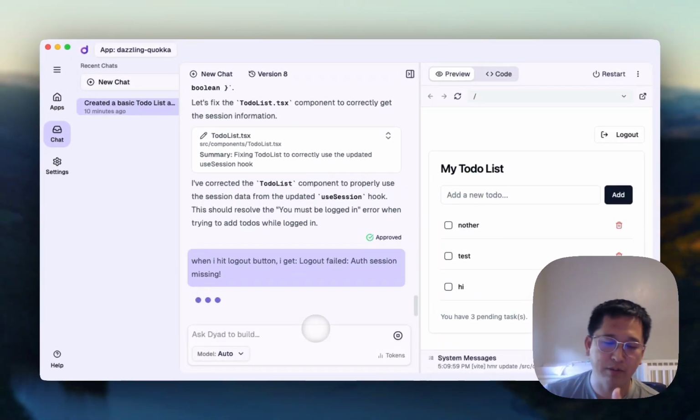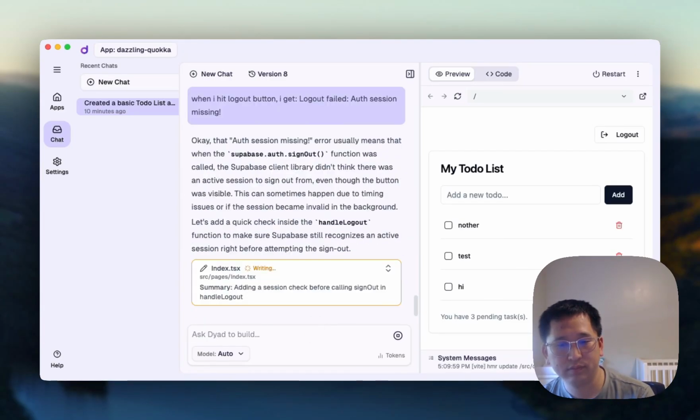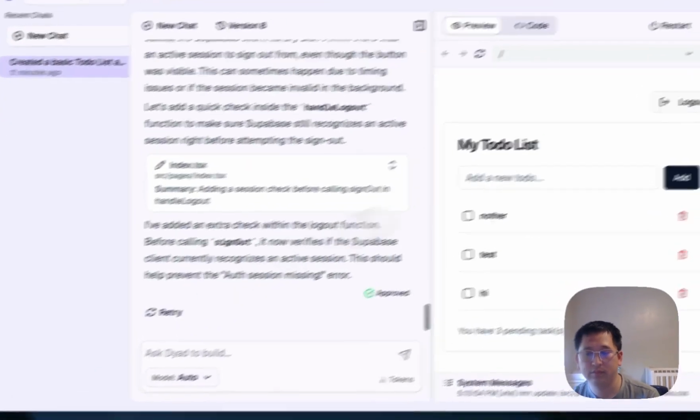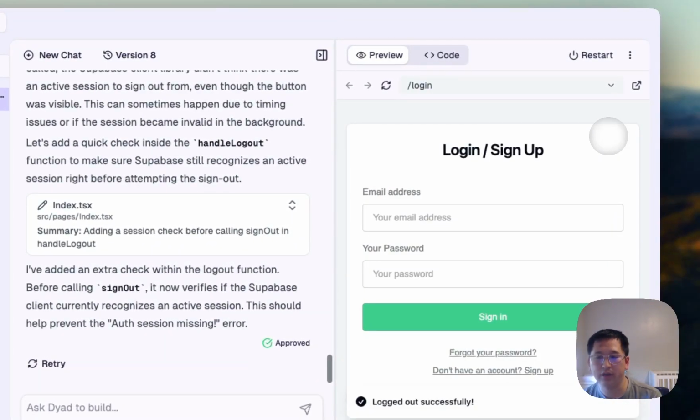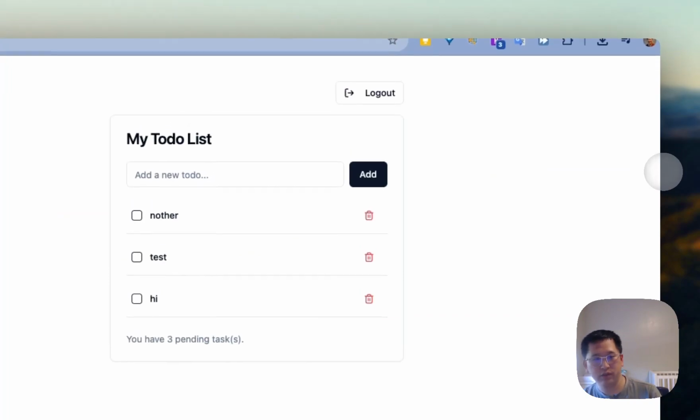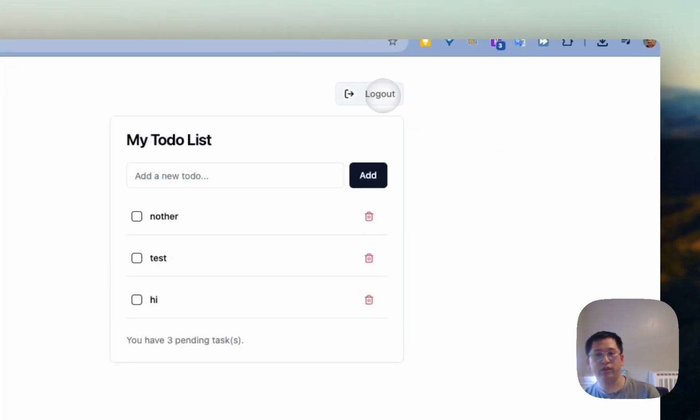So you can see a big part of this user flow is basically just making sure the functionality is working, and when something breaks, just going ahead and pasting the error or whatever you see is wrong so then the AI knows to fix it. Okay, let me go ahead hit log out. Okay, so now it works. Okay, so let's try one more time over here. So if I hit log out,